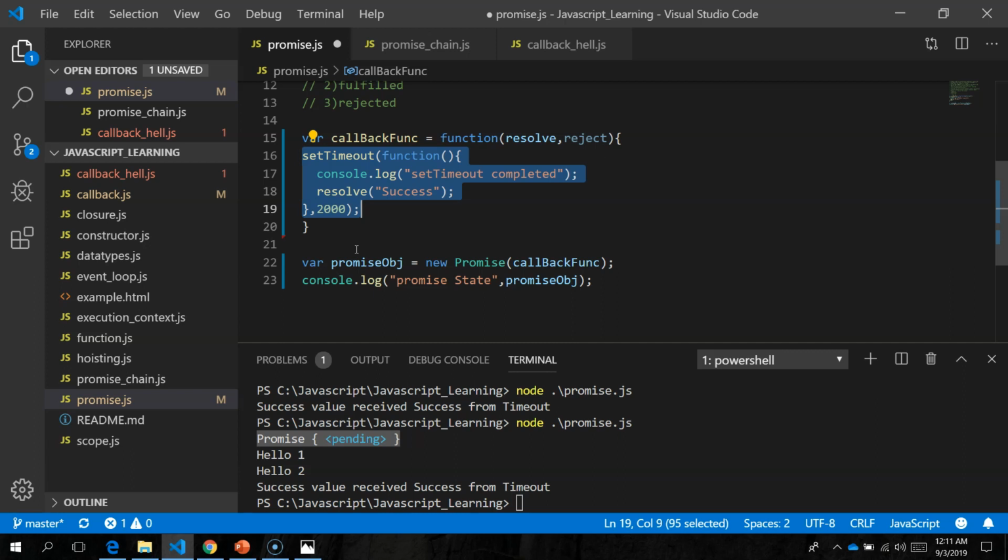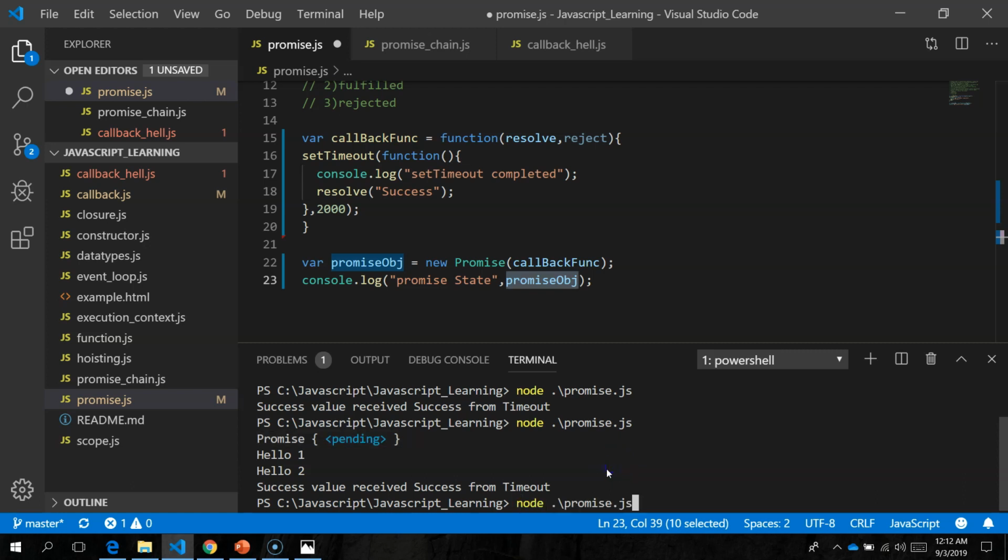Similarly, here the promise will not wait for it to complete. It will just call the setTimeout, which is a browser API function. It will just call the browser API with the callback and it will return. It will not wait, as you know in case of JavaScript. So when this gets executed, the promise object will not have a value. Resolve or reject would not have got called, and it will not get a value. So the promise object value at first will be pending.